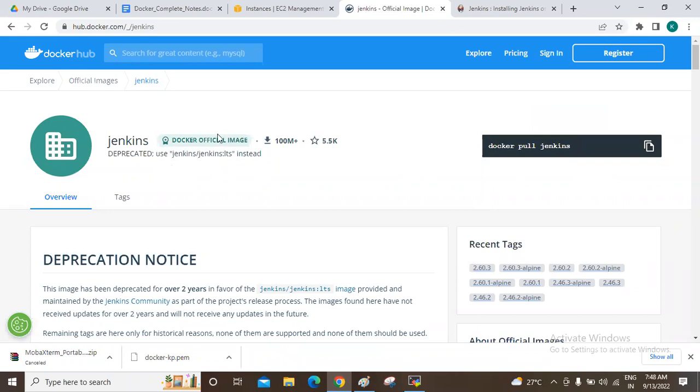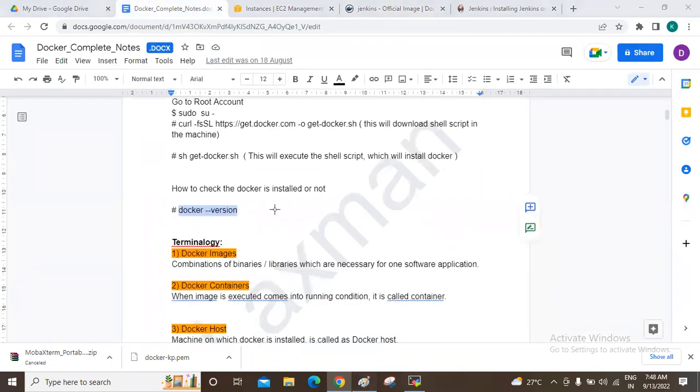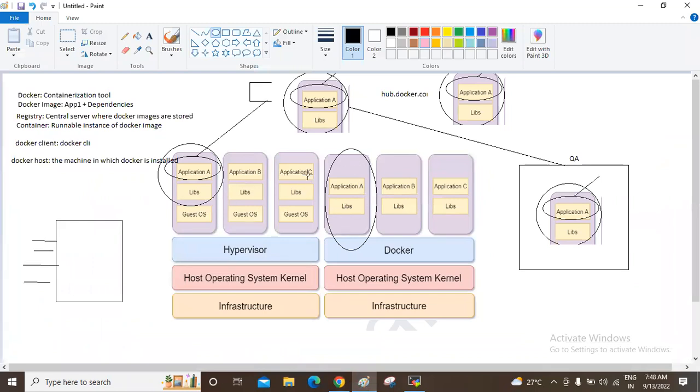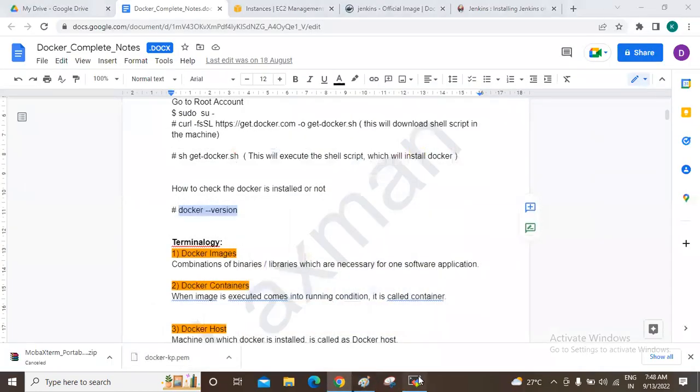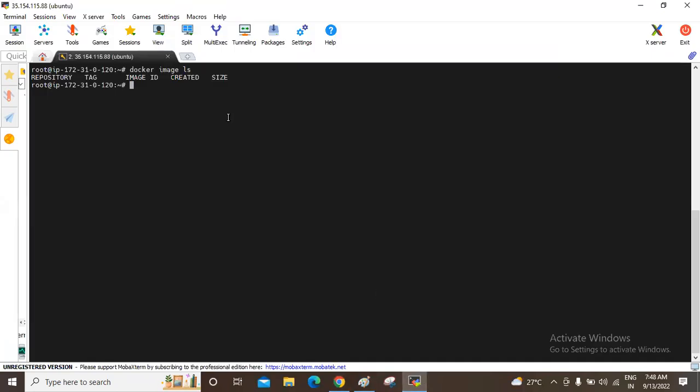So first, this is the Jenkins application along with its dependencies, stored in hub.docker.com. First, let's download this Docker image into our machine. How to do that? Docker pull means download.